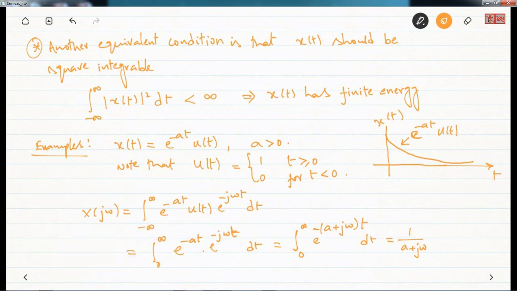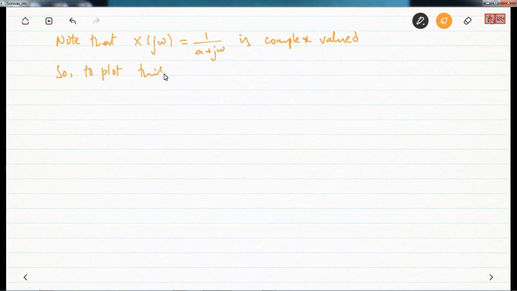Okay, so one thing we should note is that X of j omega equals 1 by a plus j omega, which is a complex valued function. So to plot this,